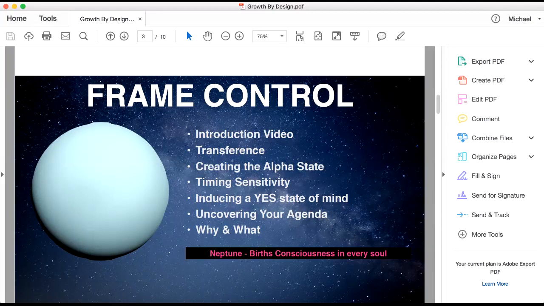You see it at events when people say, who here in the room would like to make more money, and everybody raises their hand. That's inducing a yes state of mind. It's a neurolinguistic programming technique, but it really does work. The next part of frame control is uncovering your agenda. So what does uncovering your agenda mean? It means that you have a certain agenda that you take people through. My agenda that I take people through is basically telling them,